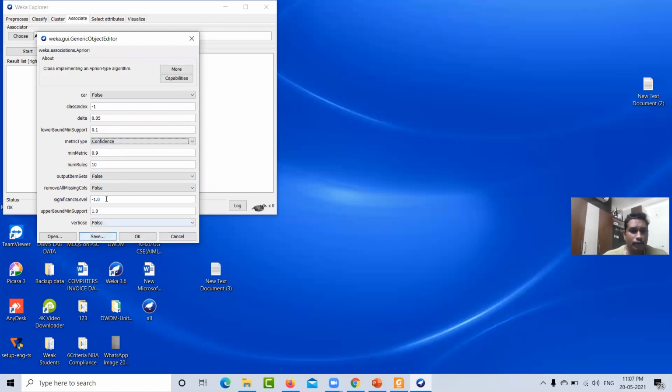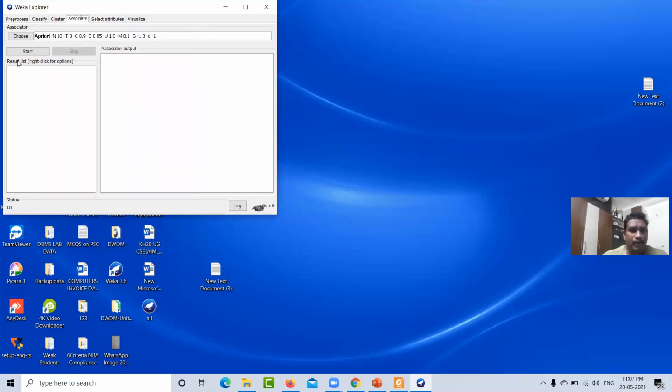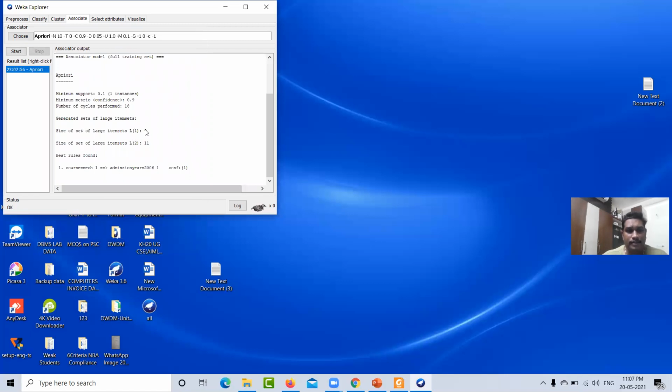Now if you start, you have this result. The minimum support is 0.1, the minimum metric confidence is 0.90, and the number of cycles performed is 18. Course equal to mechanical implies admission equal to 2006. If you choose 2006 and course equal to mechanical, then automatically the admission is 100% in this year only.